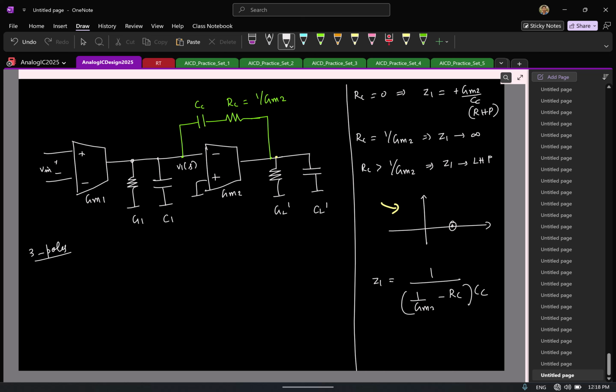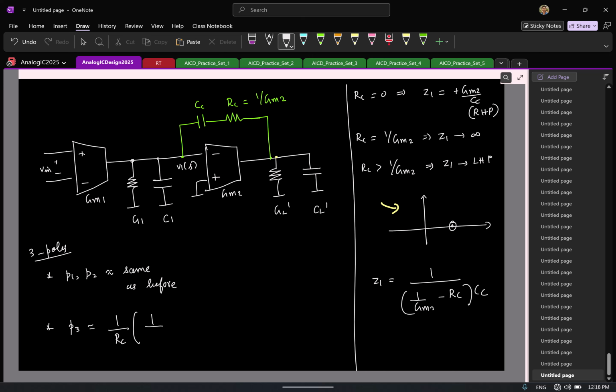Again, to find the location of poles, there is no shortcut. You just have to solve the polynomial, and you can assume that the poles are far apart. If the poles are far apart, how can you approximate the roots of a polynomial? You can take the ratios of polynomial coefficients and get approximate pole locations. It turns out if you do that for reasonable values of RC, close enough to slightly greater than 1 by GM2, the first 2 poles are roughly the same as before. Very approximate result. Now we have obviously a third pole, and it turns out this pole is roughly at